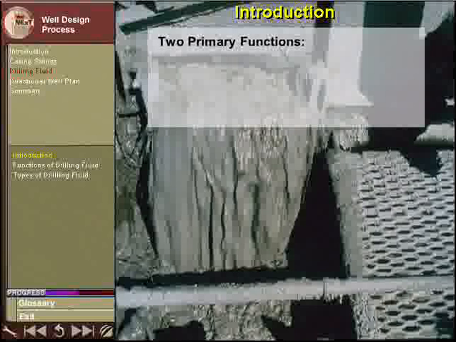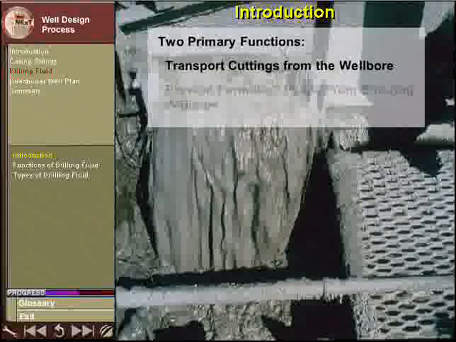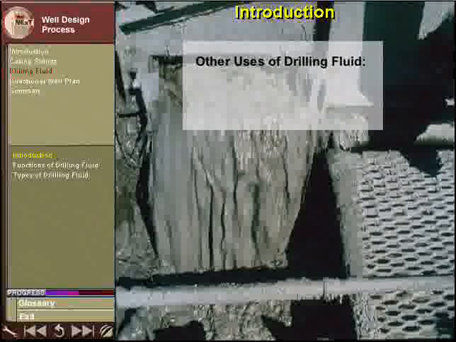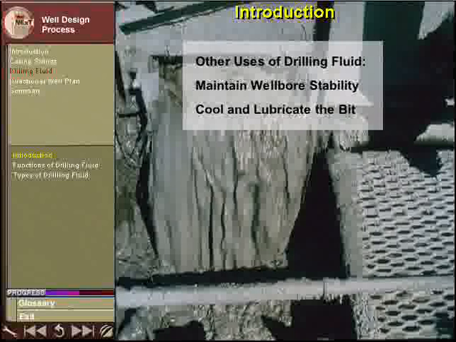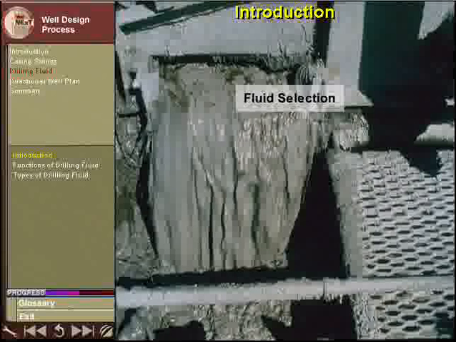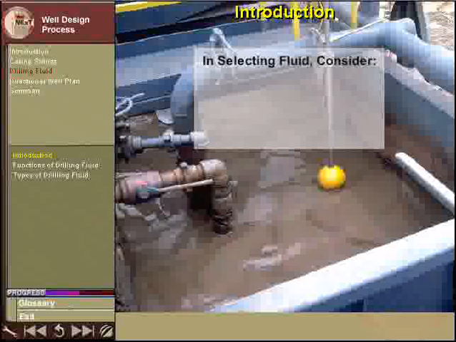The two most important functions of drilling fluid are to transport cuttings from the wellbore and to prevent formation fluids from flowing into the wellbore. Drilling fluid is also used to maintain wellbore stability and cool and lubricate the bit. The drilling fluid must be selected or designed so that the physical and chemical properties of the fluid allow these functions to be fulfilled. However, when selecting the fluid, consideration must also be given to the environmental impact of using the fluid, the cost of the fluid,